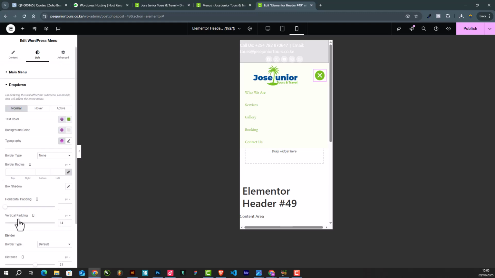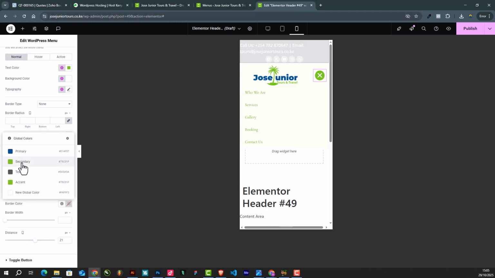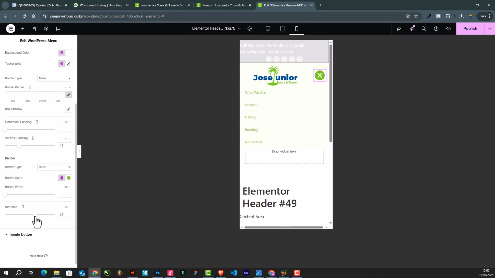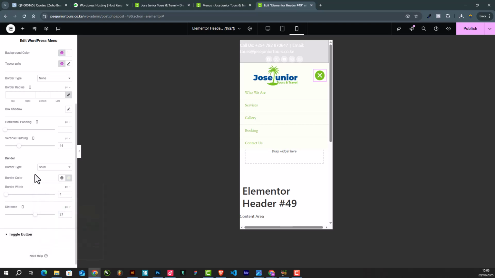So border type is supposed to be solid, and let's give the color, which is border width. There we go. Voila, let's make it 1. And for this one, I need it a little bit not very visible. Yeah, there we go. So let's just minimize this and see how it looks. So that is how our menu will look,